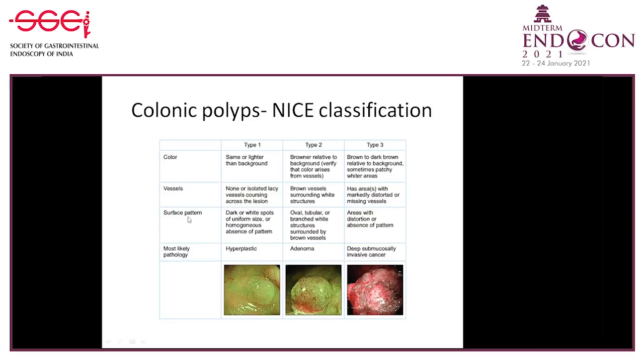Now let's see the color, vessel, and surface pattern. As we know, NBI can predict which layer is involved, whether it's just mucosa, submucosa, or muscularis propria involvement. There are very well documented ways of differentiating. Is it a light color like this? Look at the color of the background going darker, and the vessel pattern going from regular to irregular. If it is elongated like this, it's more likely to be an adenomatous pattern. And here, this is bizarre. Anybody can differentiate this, right? So then the background surface pattern, we're going to differentiate and then proceed.